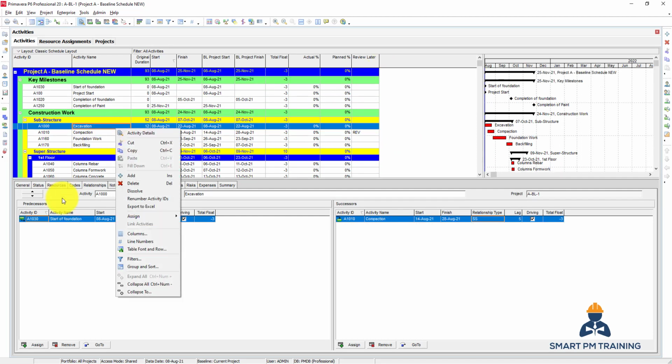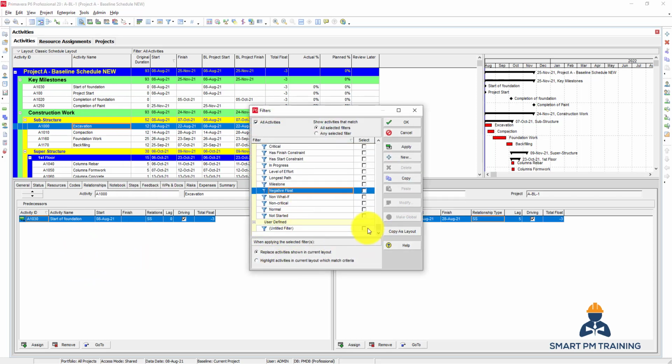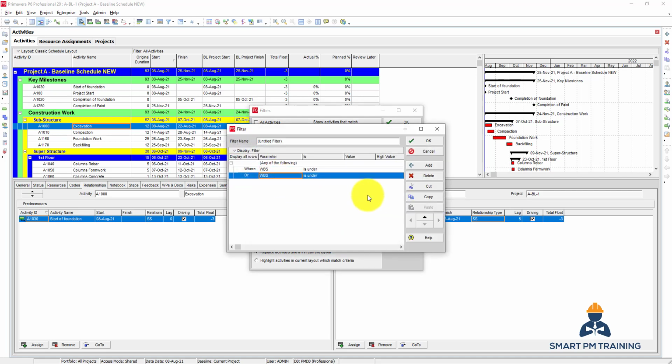Okay, so this may be a huge project right now, and you are ready now to revisit the activities again. So you go to filter, you just choose one filter here, and you want to say review later. Here, review later. So it shows up here. So a user defined field is like a new parameter introduced into the program, and I want it to equal rev,